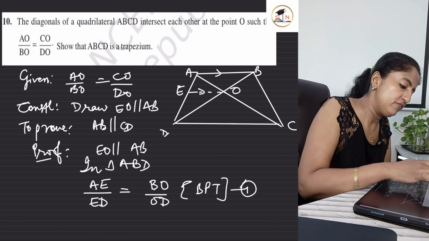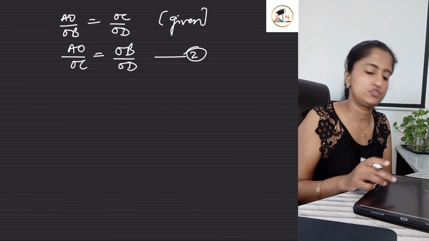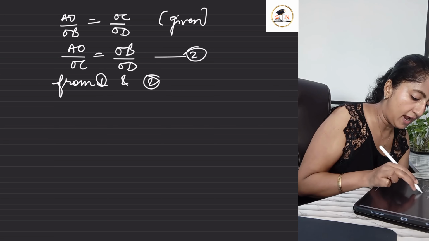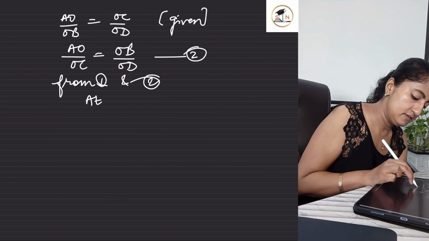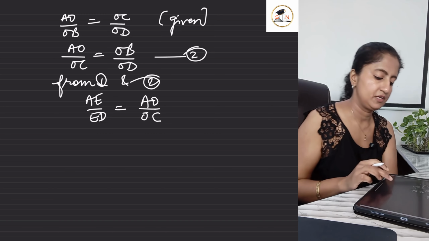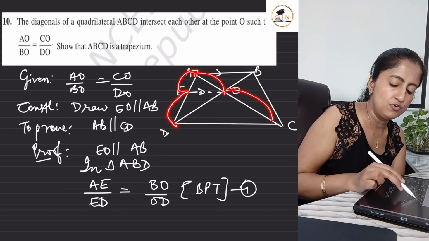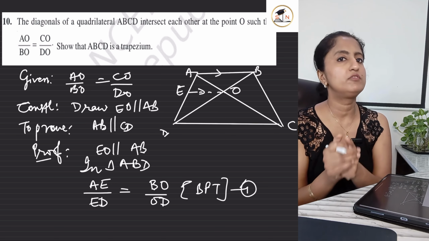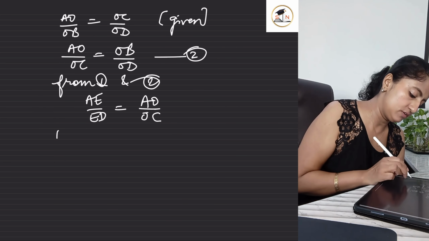Because if you see, we have got OB over OD common in both the ratios, right? So again comparing the two ratios from 1 and 2. Okay, what do we get? We get AE over ED equals AO over OC. Now coming back to the figure, we got AE over ED equals AO over OC. दो sides ratio में आ गई. When the two sides are in ratio, converse provides us that the lines are going to be parallel, right? So we will write down by using